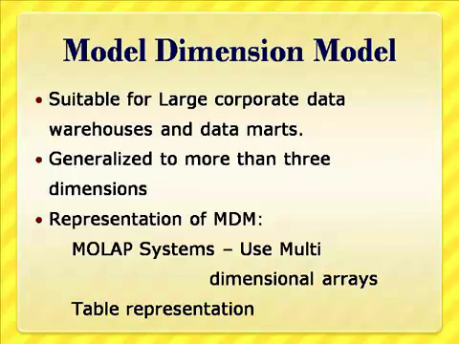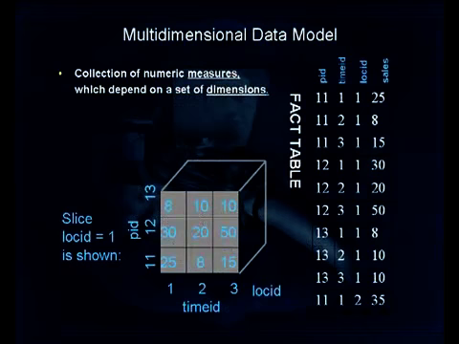A multidimensional array can also be represented as a table as shown in the slide. The relation with related dimensions to the measure of interest is called a fact table. The multidimensional data model focuses mainly on a collection of numerical measures, which are termed facts, and depends on a number of associated dimensions. In the data warehousing literature, the data cube is one of the popular structures very widely used in representing the multidimensional model. We represent the multidimensional data model in 2 ways. One is in the form of a table and another is in the form of an array.